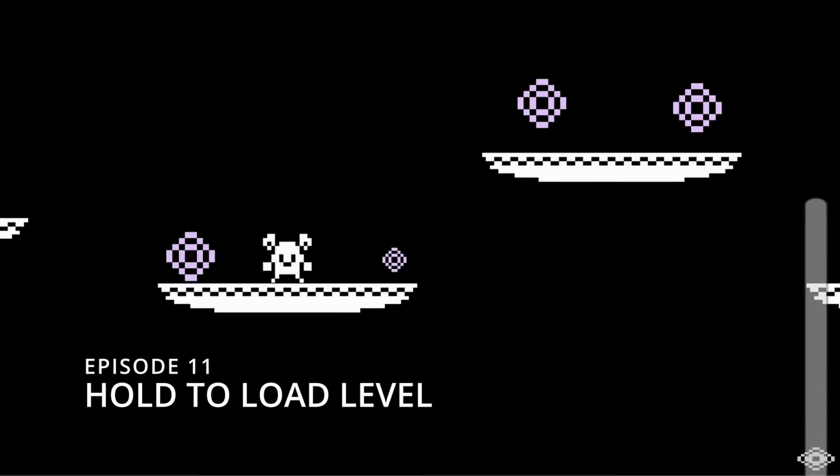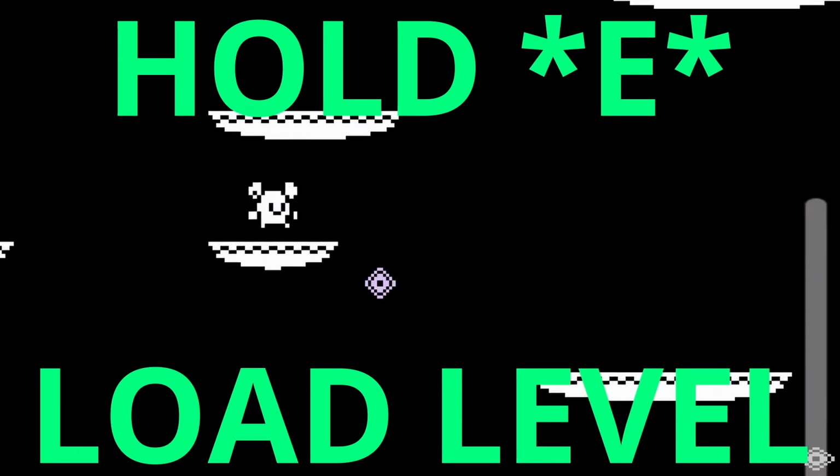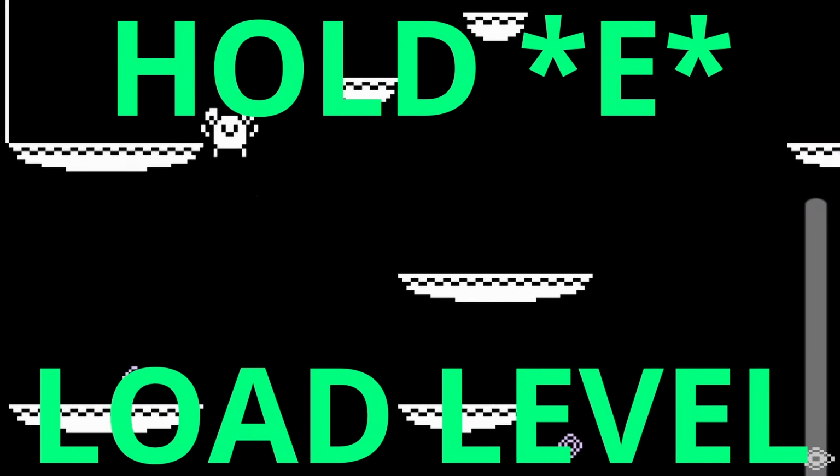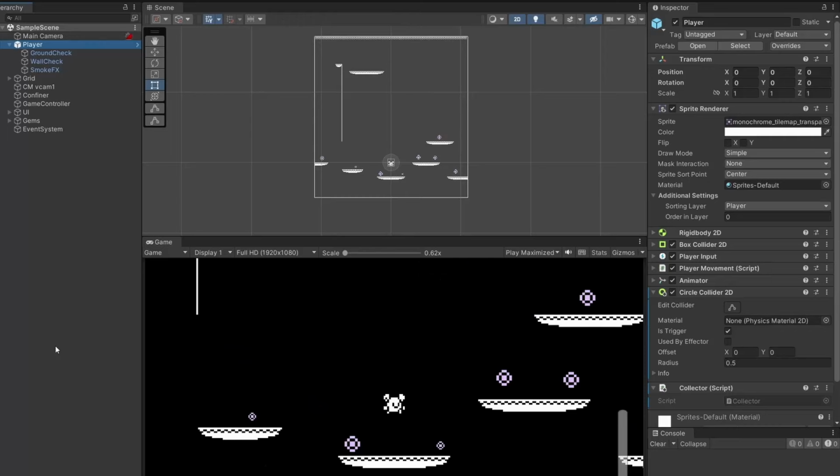By the end of this video, once our progress bar is to the top, we'll be able to hold down E and progress to the next level and start collecting all over again. We're going to be using Unity Input System and Unity's actions and events. So let's get started. First of all, we'll add the circle that'll appear and fill up while holding down